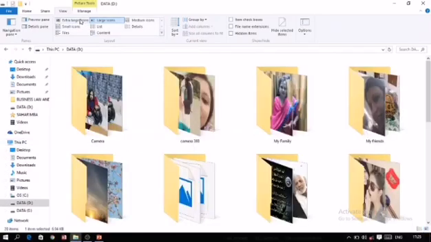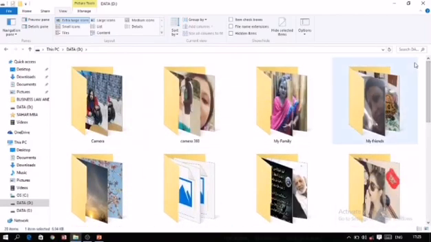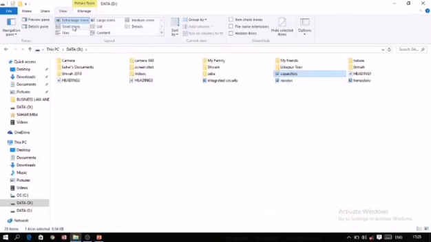After this I'm clicking on the extra large icons, and then the folder and file sizes increase. Now it is displaying in the extra large icon view, and you can see that the size of the folders and the files has increased. The next one is the small icon. Here all the files and the folders will come in the form of small icons. Here the preview is not shown, only the names of the pictures and the files are coming.